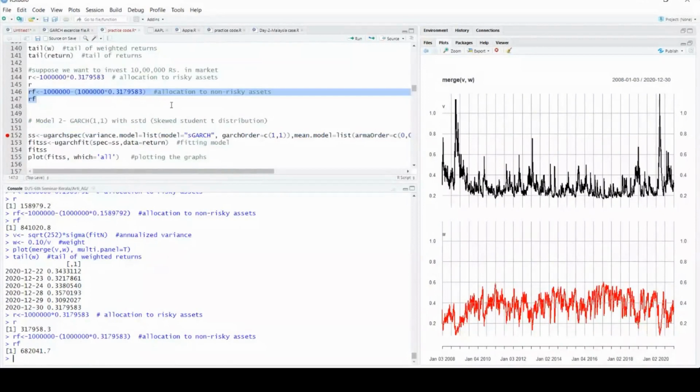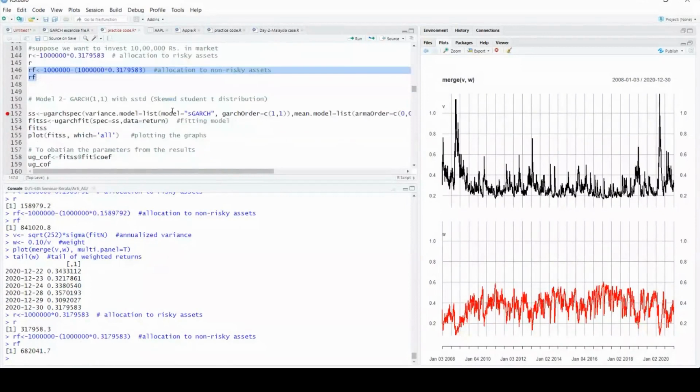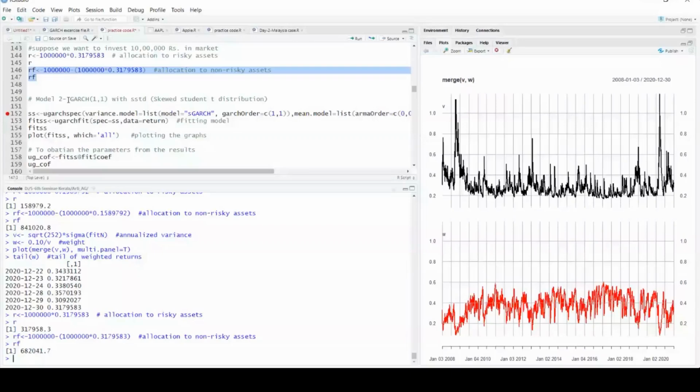Okay, so apart from that, let us go for the second type of model. Now, I know that my normal distribution model, the standard GARCH model, is not the best fit, and my result says that there is scope for improvement. After seeing the density plot of the distribution, my hunch says that it is leptokurtic, so I should probably go for the skewed student t distribution.